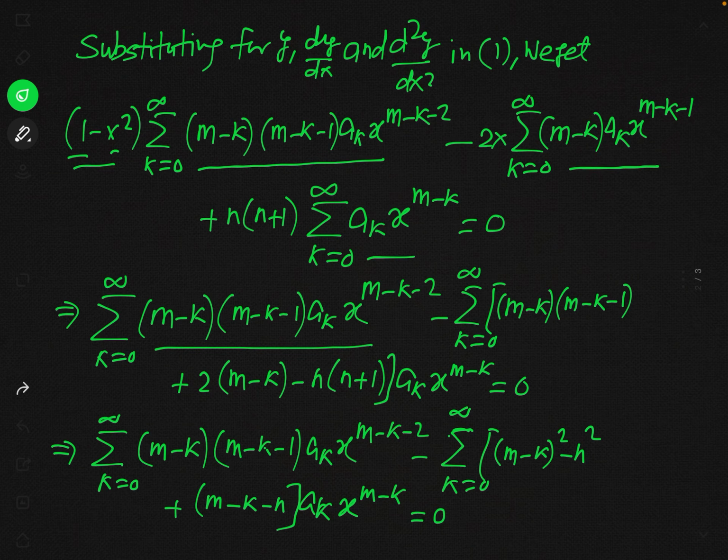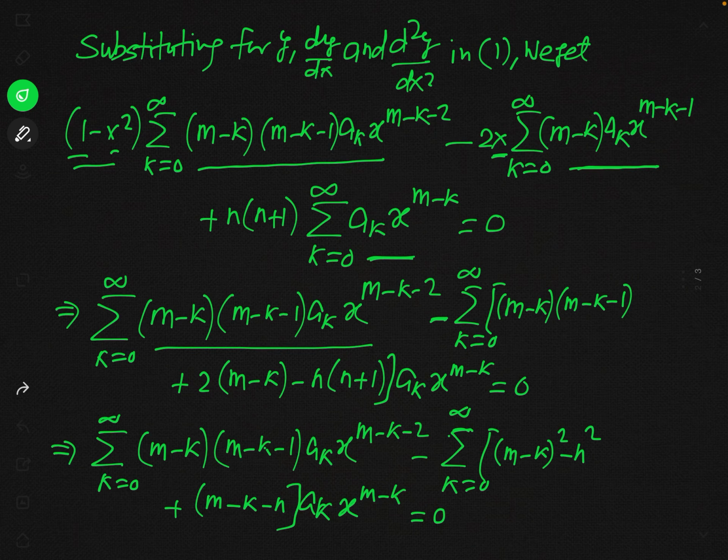And when you multiply by this minus x square to this term, then the power on x will become x to the power m minus k. Here 2 and this minus 2 will cancel out. And when you multiply by x to this term, then again x to the power m minus k minus 1 and plus 1, because we multiply by x, that will become x to the power m minus k. And in the last term there is already x to the power m minus k. So we will actually associate all these terms containing the factor x to the power m minus k.